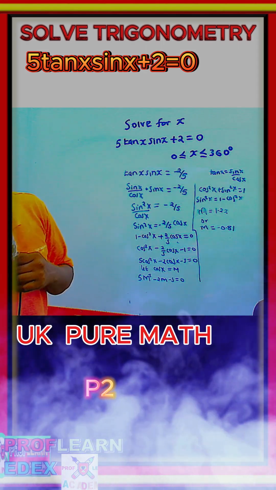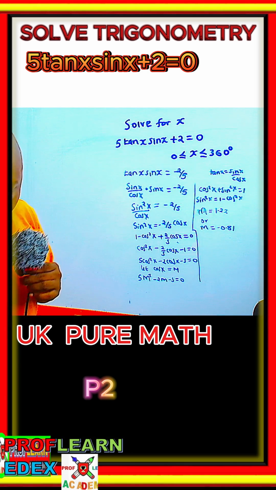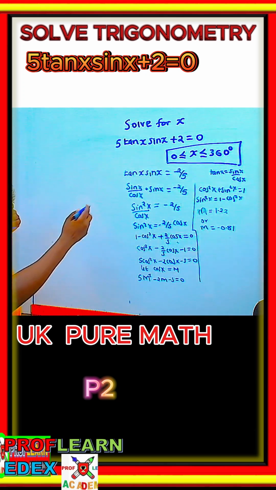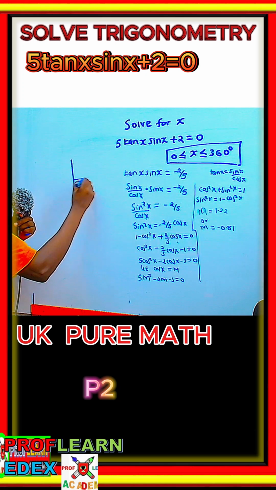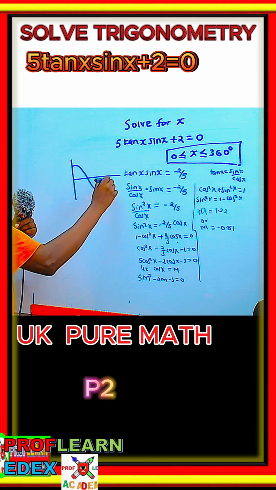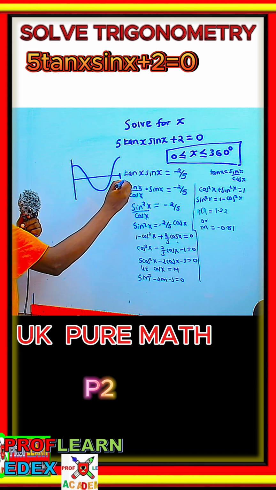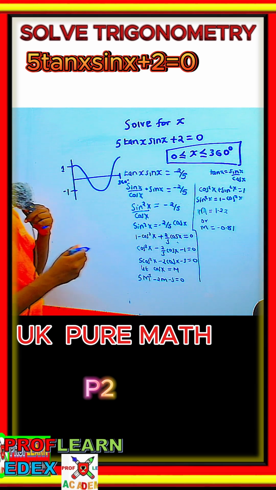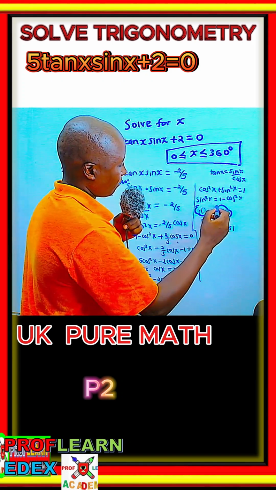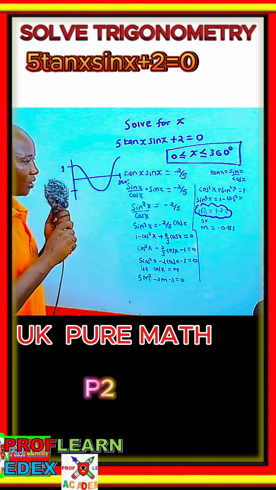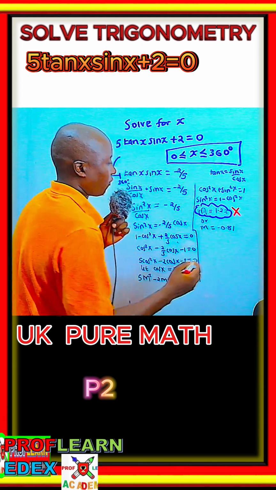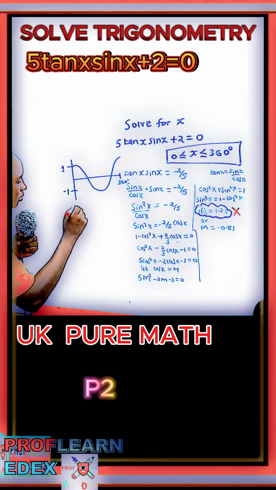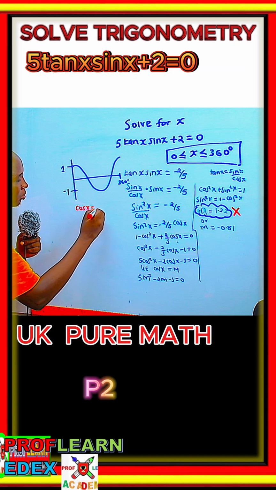for trigonometric functions, there is something that we call a domain and range. This is what we call the domain of x. But the range of a cosine graph will just go like this, and then it ends here. If this is 360 degrees, this is 1, and the lowest point it can go is minus 1. So if you look at the value 1.2 that we have gotten at this point here, we are going to ignore this value. We are not going to use it at any point. So the value we are going to use, we say cos x is equal to negative